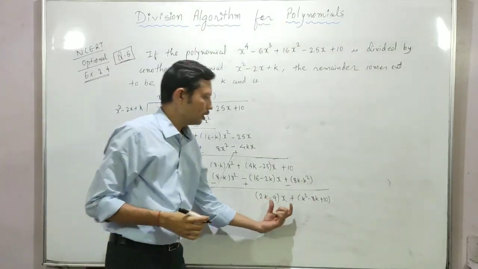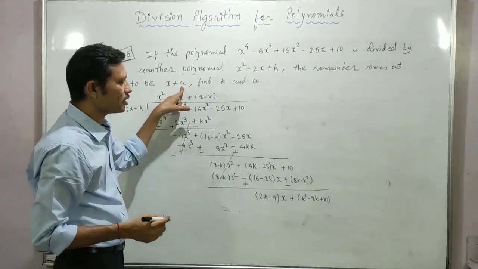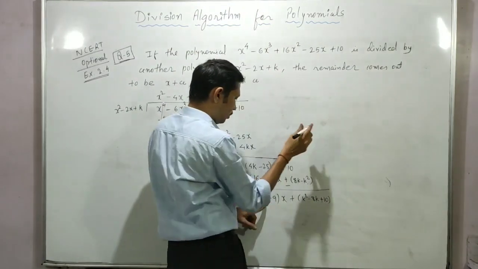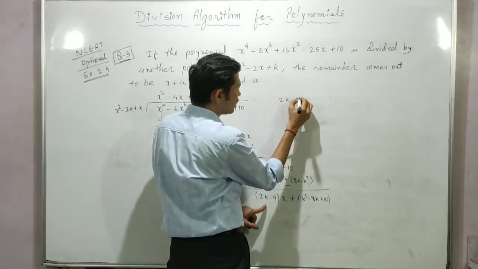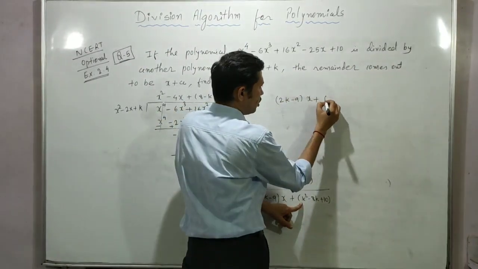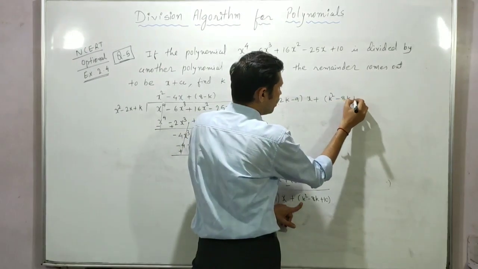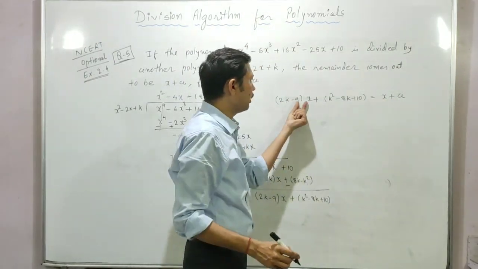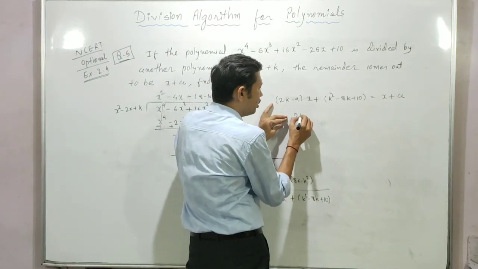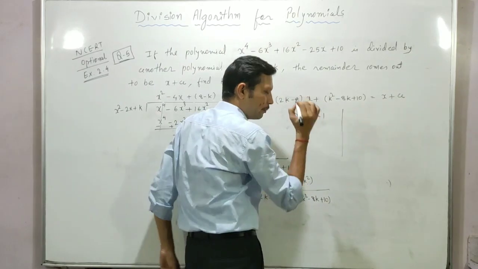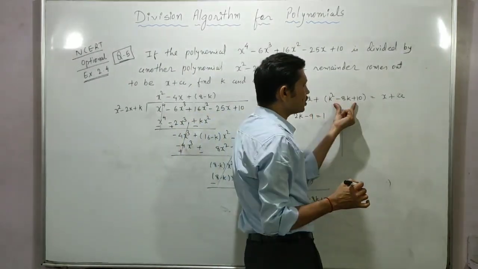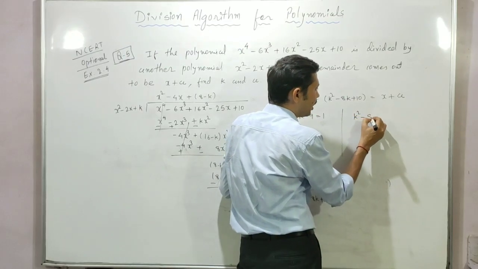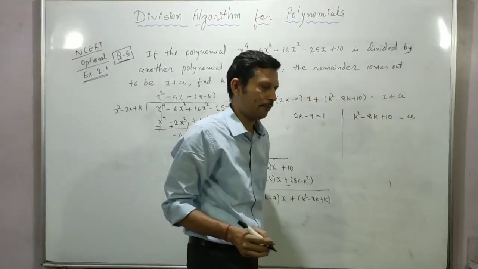नाउ लुक एट हियर, अब ये हमारा रिमाइंडर आ गया है। क्वेश्चन में रिमाइंडर क्या दिया है, x प्लस a। सो x प्लस a हम कंपेयर करेंगे किसके साथ, या फिर हमारा जो अभी रिमाइंडर मिला हुआ है 2k माइनस 9 x प्लस k स्क्वायर माइनस 8k प्लस 10, इसको हम कंपेयर करेंगे x प्लस a के साथ। तो यहाँ पे x की कोएफिशिएंट क्या है बच्चों 1, यहाँ पे x की कोएफिशिएंट क्या है 2k माइनस 9। सो बोथ वी कैन कंपेयर 2k माइनस 9 दैट इज इक्वल टू 1, एक a कंपैरिजन रहेगा। दूसरा कंपैरिजन x के बाद कांस्टेंट टर्म, तो यहाँ पे भी x के बाद कांस्टेंट टर्म a, सो k स्क्वायर माइनस 8k प्लस 10 दैट वी कैन कंपेयर विद द a।